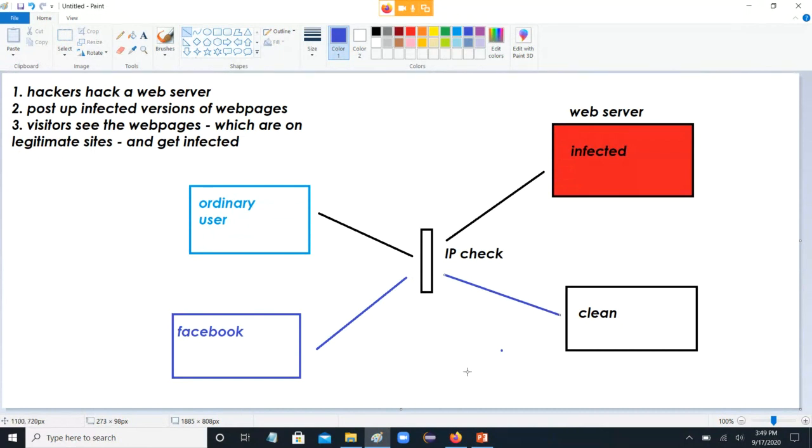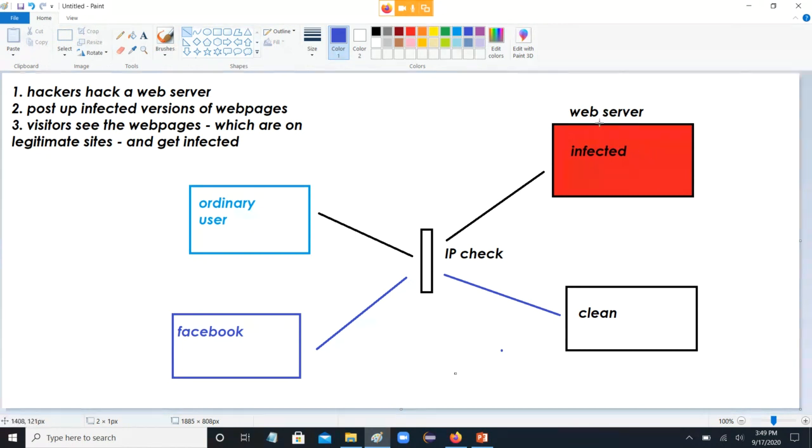Okay, and so then we get into this whole probabilistic thing where Facebook is trying to use a different pool of non-Facebook IP addresses, and the bad guys, they're not showing every ordinary user the infected one. They're trying to balance it out. Facebook says, well, we're not going to be able to check everything, but if we check more things, we'll have a better shot of catching them.